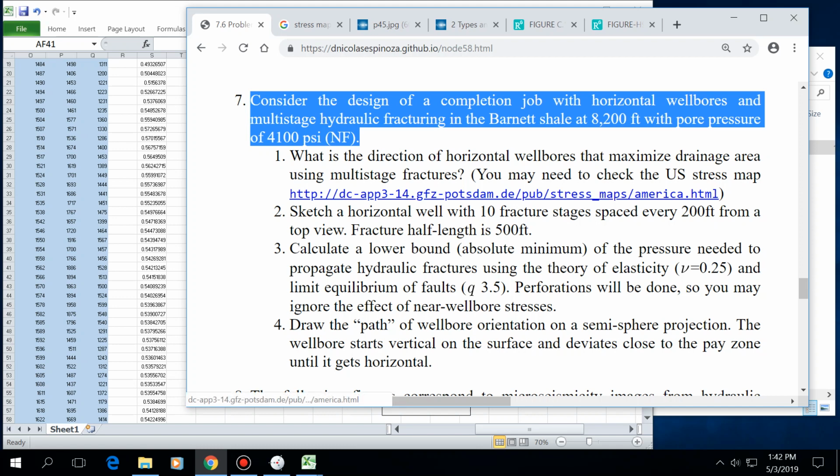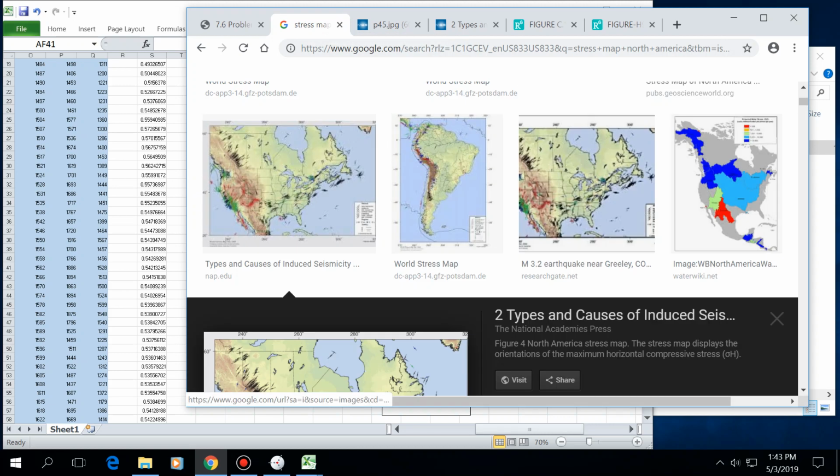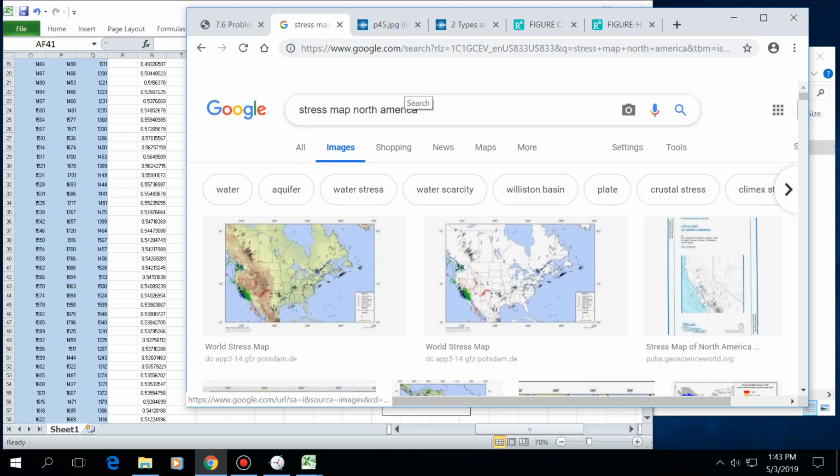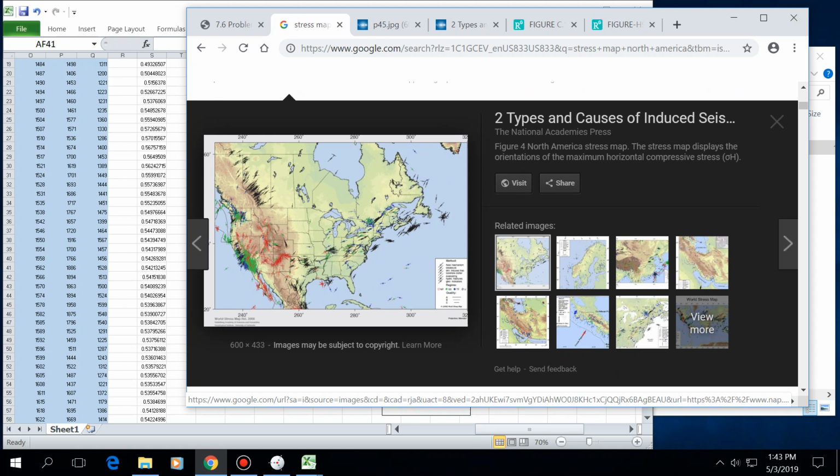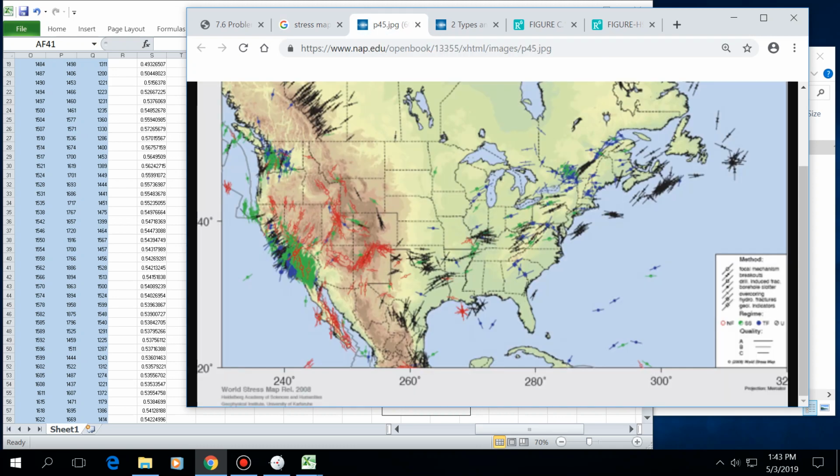Here is a link, but apparently the site was taken down, so it's not going to take you anywhere. Okay, I'm going to modify this link, but if you want to go ahead with that, just type stress map North America, and there is an image from nap.edu, where you will find this image, which is at a reasonable